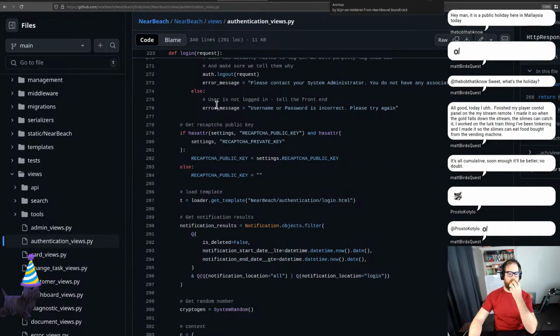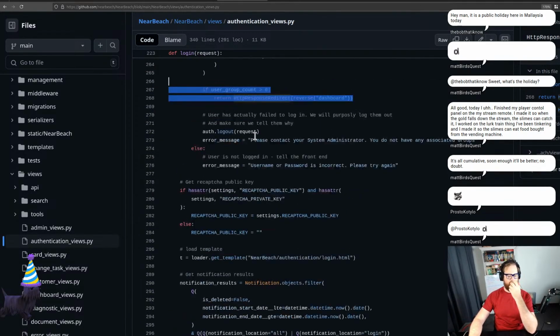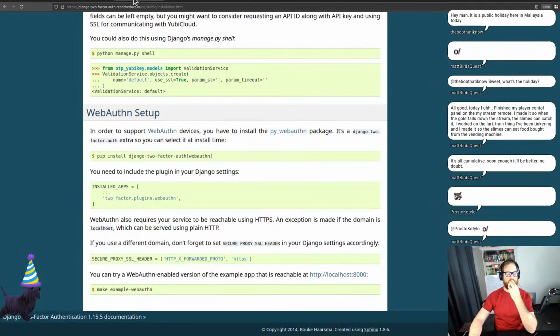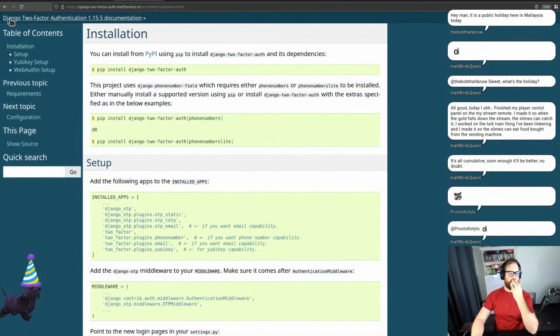So we do actually have custom login logic with this, and we've got to try and figure out A, how do we create those custom login screens, and B, how do we create these custom login screens? Because yeah, it does a bunch of stuff. So going in with this,